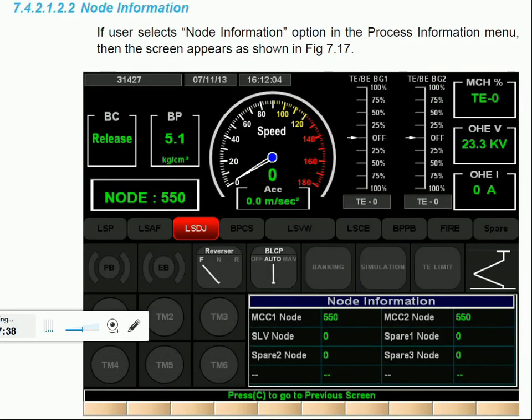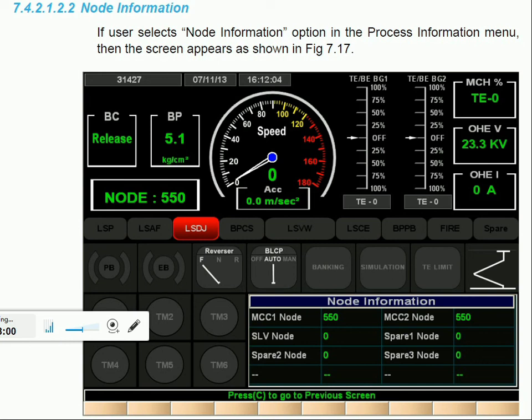We can see node information. In MEDA space, nodes will come like this: 504, 550, 570. In TCN communication, we will get ICP1, ICP2, 504, 550, 570, 590, 596.